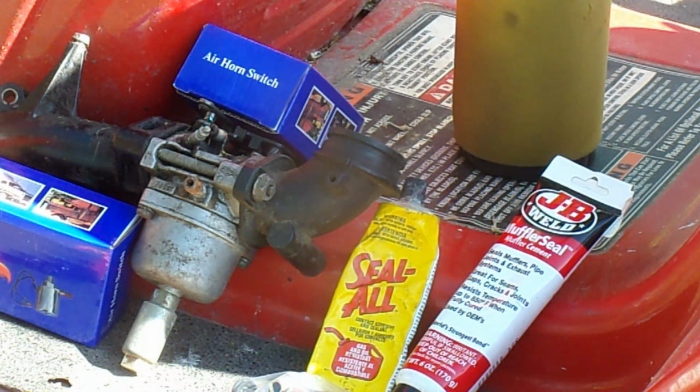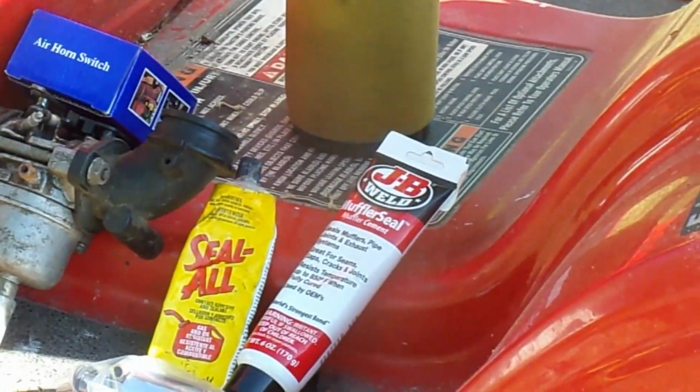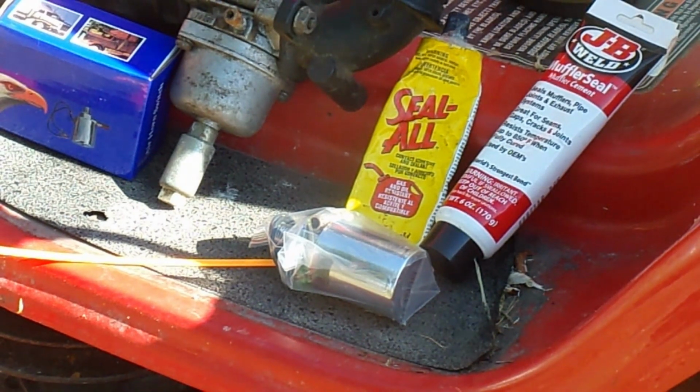I got a 48 Plymouth business coupe and had a hole in the gas tank, and I used that to seal it, and it worked very well on gas. So what I'm going to try to do here is show a few items, or a few issues that I had. Now the solenoid valve,